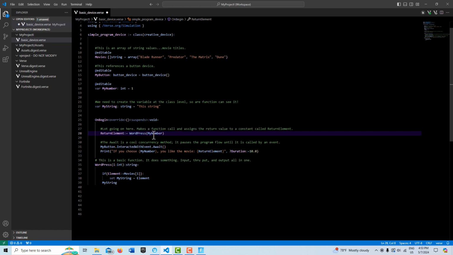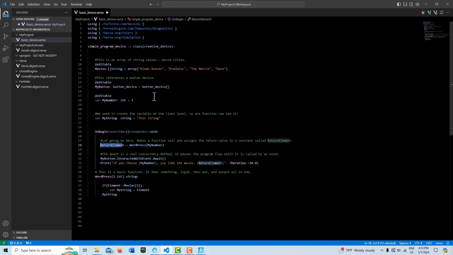So when I call WordPress with an integer, it's going to send me back a string, and I'm going to put it in the constant, not a variable, called return element. Once that value is in here, that string element is inside of here, then I can print it out in a string here. So this is a function, and this is the function call, and when I call it, it sends back a string here, and that string value I'm putting into this identifier called return element that I can then reference here. And it's going to contain one of these names based on the index value of the integer